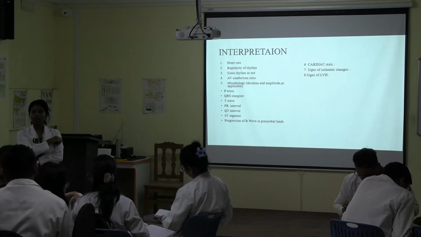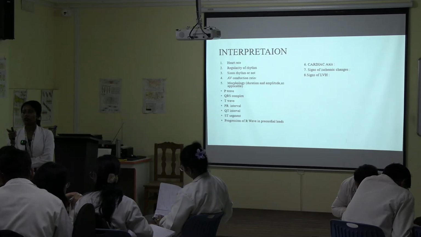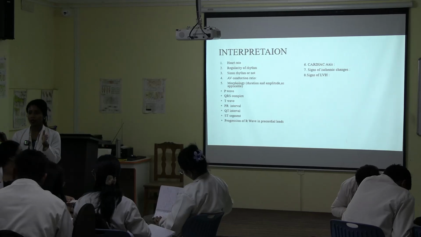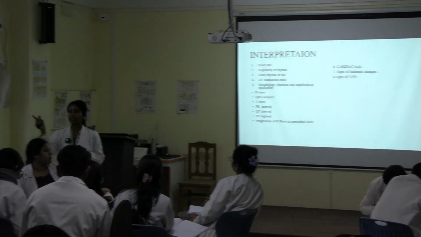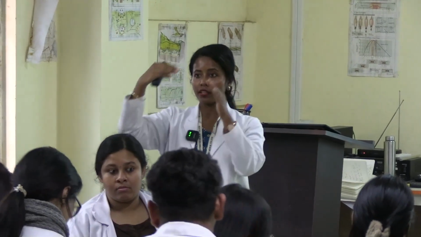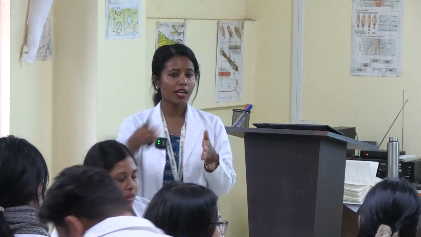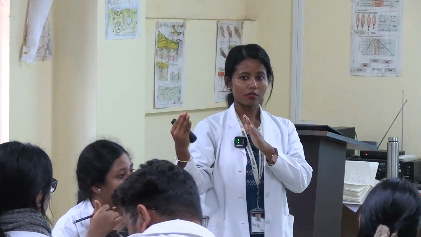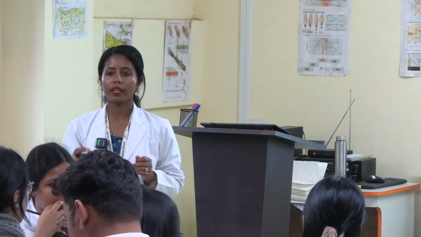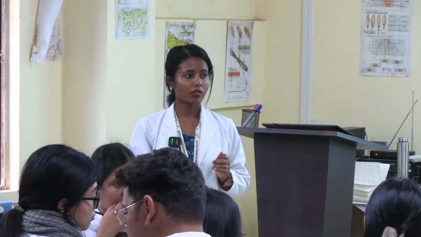This will be the sequence. Okay. So what you have to do is take one A4 size paper. Then paste all the leads separately, you make 12 leads, no? So you can make it 4 by 3: leads 1, 2, 3, then AVR, AVF, AVL, then V1, V2, V3, then 4, 5, 6. Then you can Xerox it and circulate among yourselves. Okay? So that way you can paste it in one page, right?